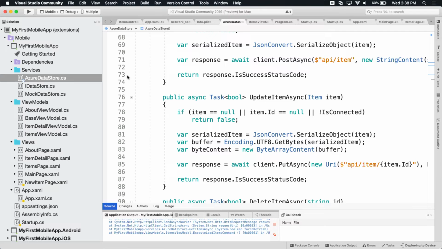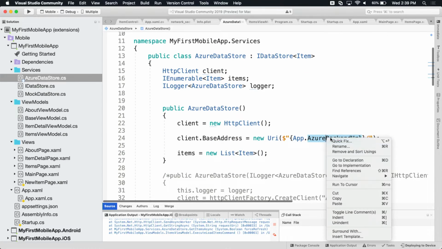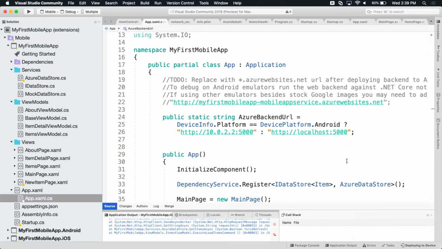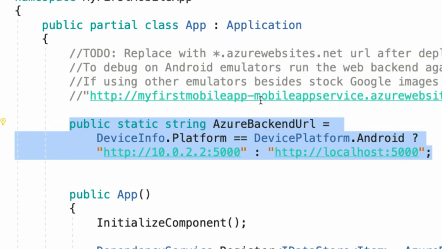Yeah. Well, when we come into this code, we'll see that I'm calling this Azure backend URL. And in all of our item templates, we've calculated the correct IP address for you automatically. Because nobody knows that, obviously, the Android emulator does port forwarding from localhost to 10.0.2.2. Yeah, that seems totally obvious. So we do that for you. What else could it possibly do?